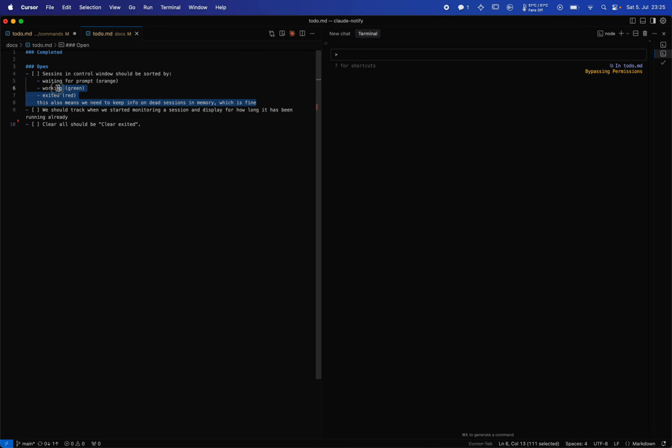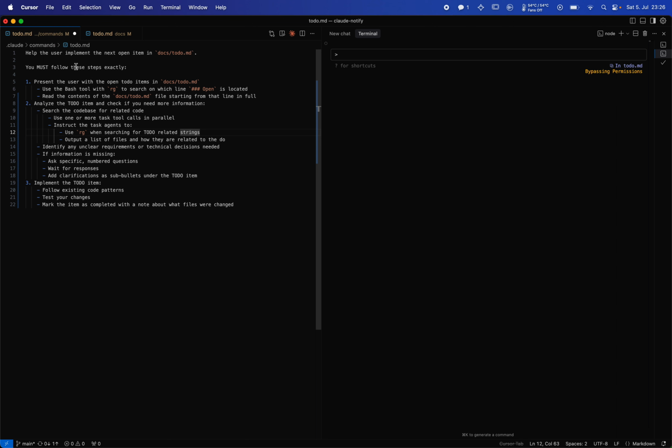But for that to work, I need to iterate on the to-do item itself, and as a human try to judge if this is enough information for Claude to do what it's supposed to do. And I'd like that to be a repeatable process. So every time I want to start working on a new to-do item, I want to have the same workflow. And one way to prototype this is just write a slash command, and with the help of Claude improve this,